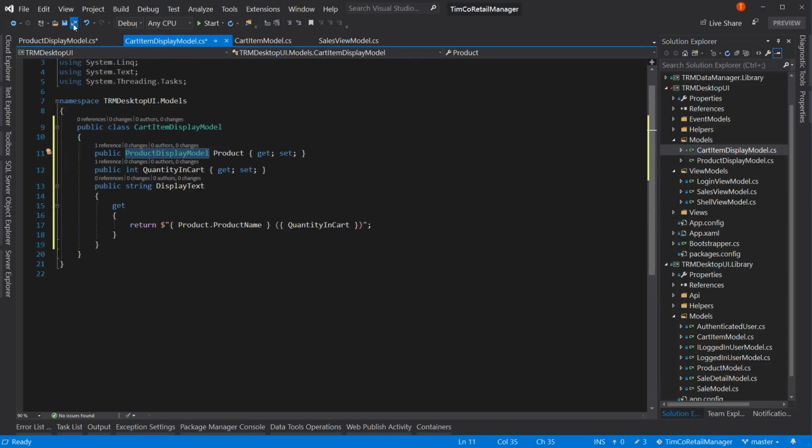Okay, so now we're set up with two new models, cart item display model and product display model. And cart item display model has inside of it a product display model. What we're going to do is map over to these models. We're going to say we're going to use these models. Now, we haven't changed anything yet. We haven't enabled any way for us to say, hey, we're going to notify of property changed. And that's where we're going to add in an